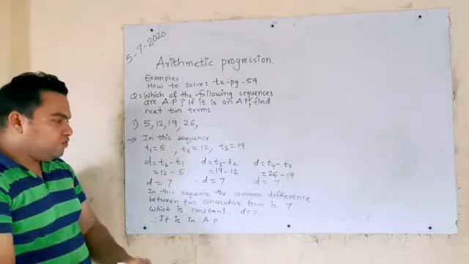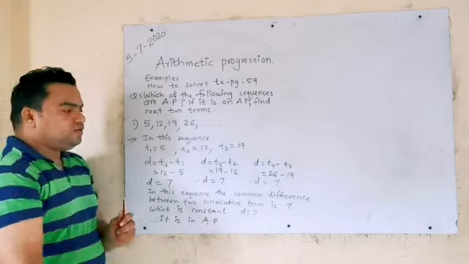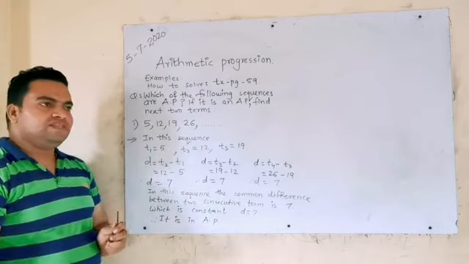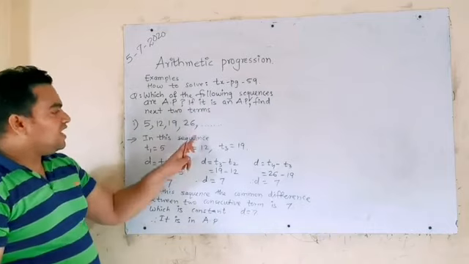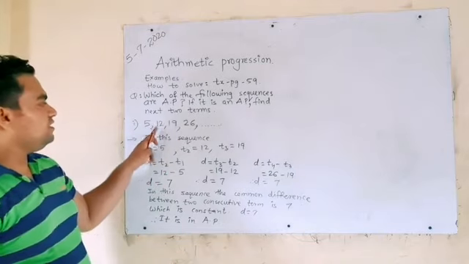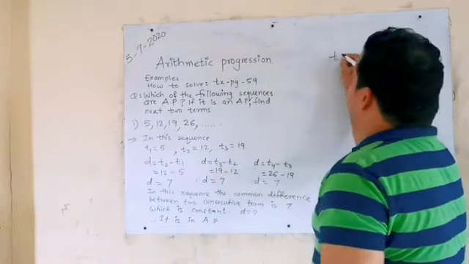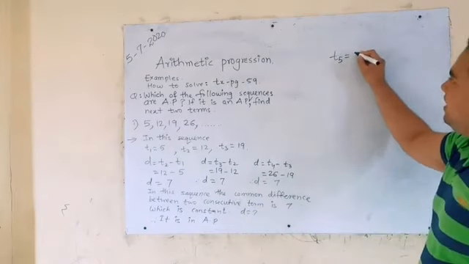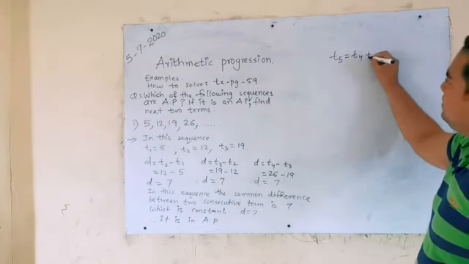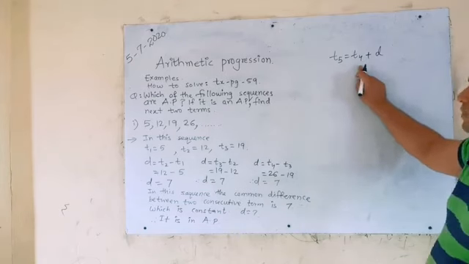Now you came to know that the difference between two consecutive terms is 7. What was the last number here? 26. So that is the fourth term, right? Term 1, term 2, term 3, term 4. So how to find term 5? Term 5 will be found by adding the difference to term 4. Am I clear? I repeat.